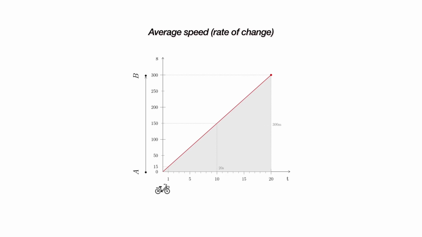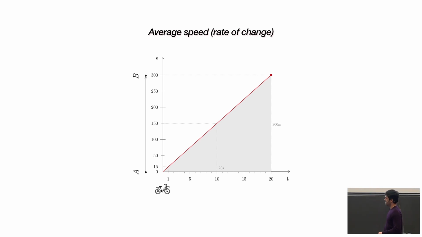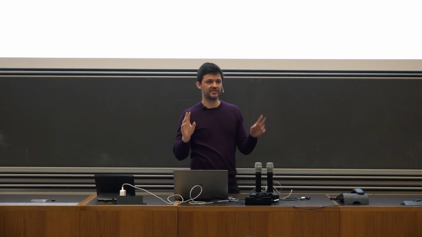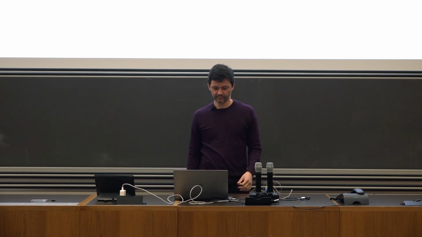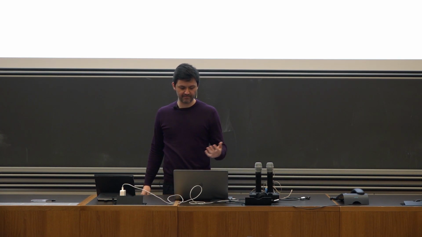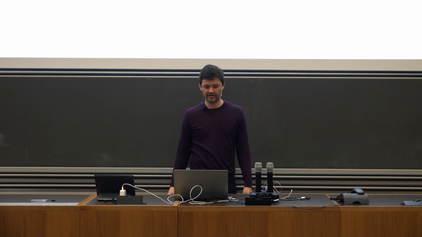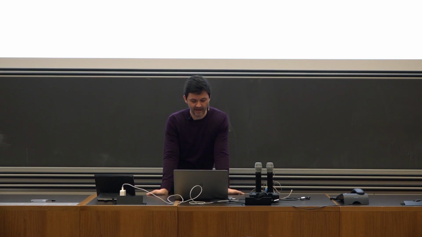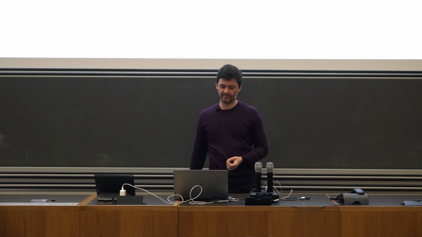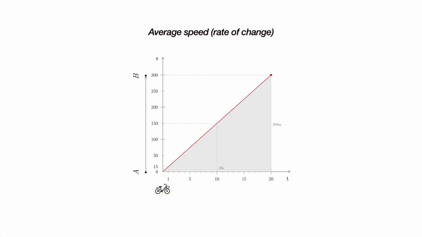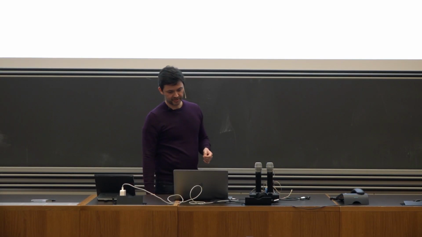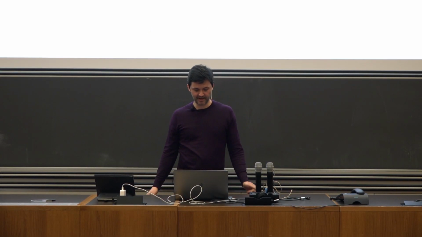And now someone told us that these two things that are 300 meters away, you can now see it on the vertical axis, I rotated it, we passed this distance in 20 seconds. So this is all the information we know. So the only thing that we kind of know is the average speed of our ride, which is 300 meters per 20 seconds. And we do not have any other information about the trip. So the only thing that we can express is a kind of average speed. And this is described by this line. Yeah, a straight line passing through the origin. What does this line indicate? What can you read from this line?